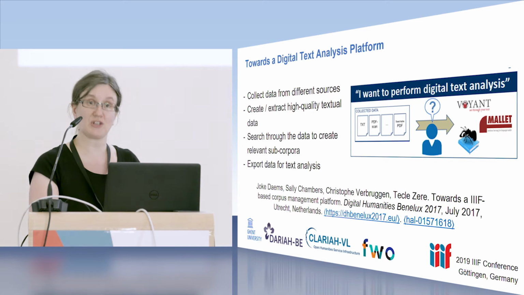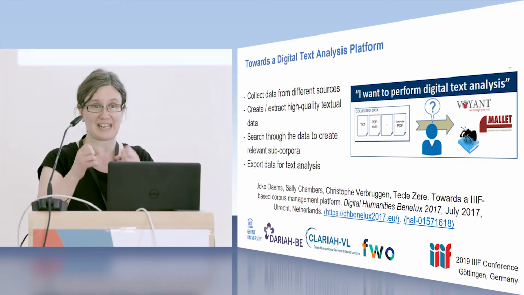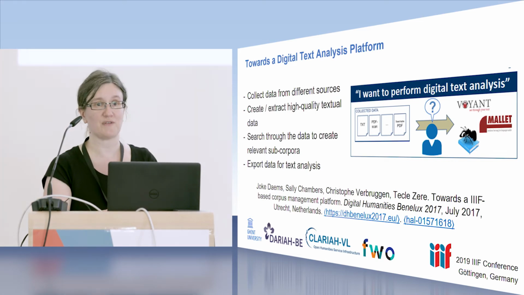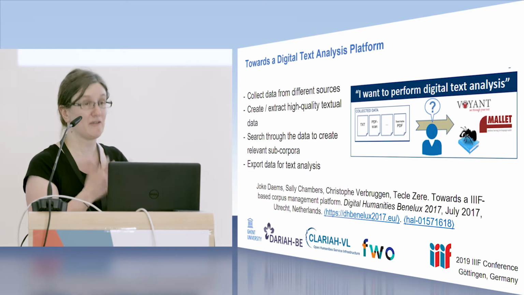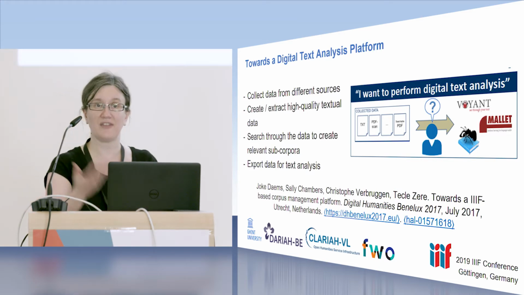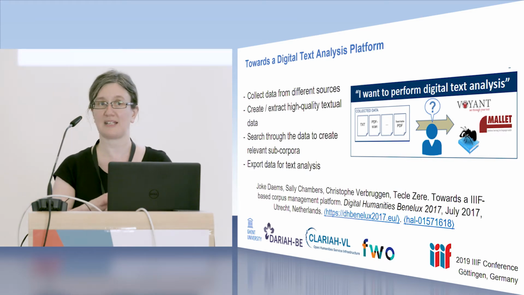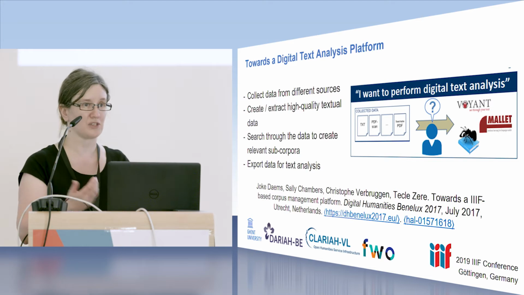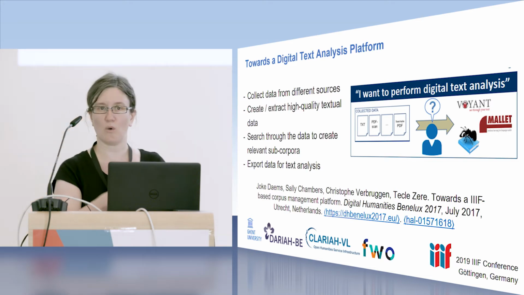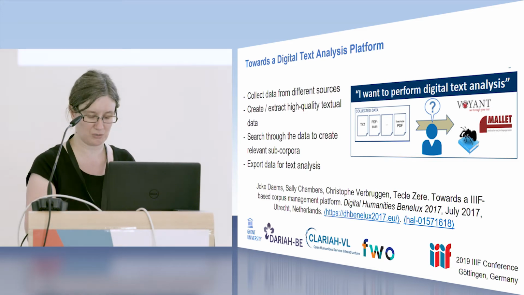They need to be able to search through that data in order to find exactly which resources they need for their particular corpus and research question, and then they need to be able to export that data in order to put it into another tool, such as Voyant or Gephi,